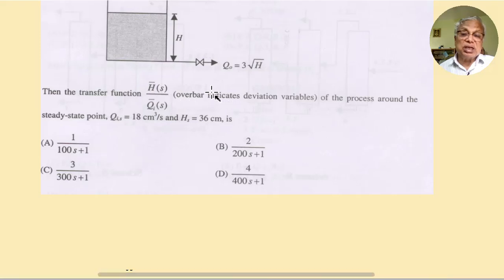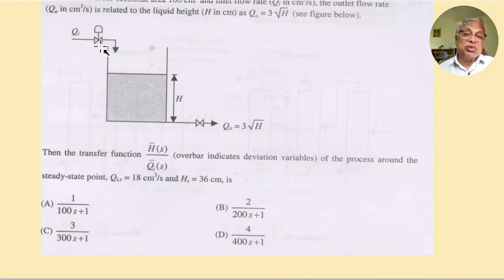The overbar indicates deviation variables. We need the transfer function of the process around the steady state point. What is the steady state point? QIS equals 18 centimeter cube per second and HS equals 36 centimeter. That is, at steady state HS is 36 and the inlet flow rate QIS is 18 centimeter cube per second. So you have to find out the transfer function and see which one of these is the correct transfer function